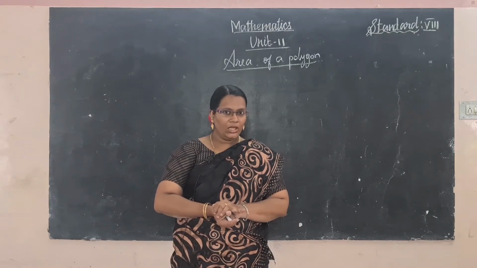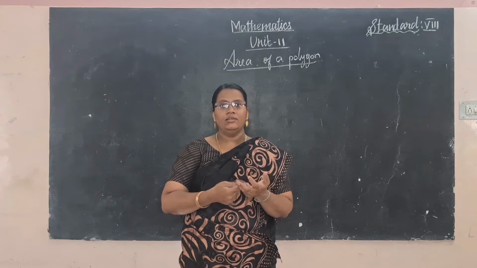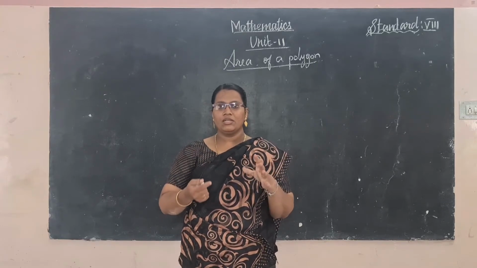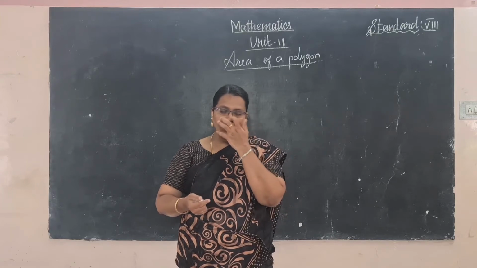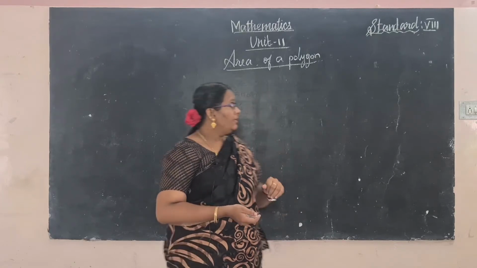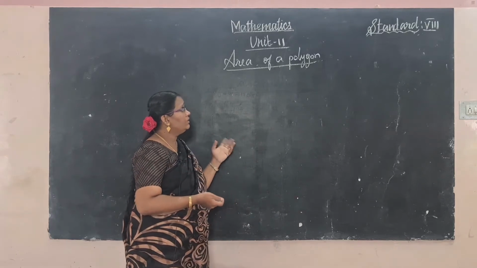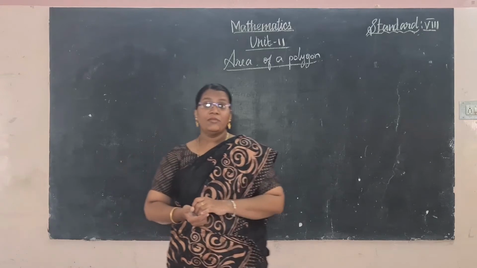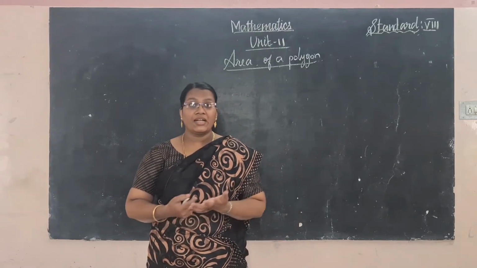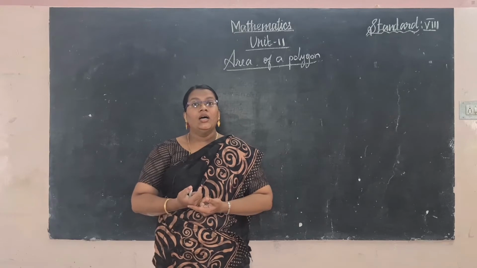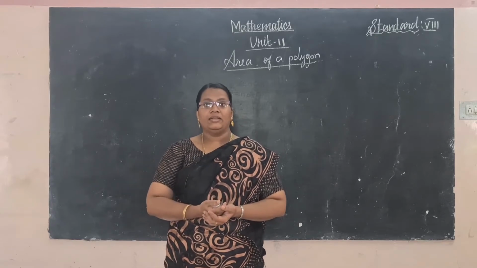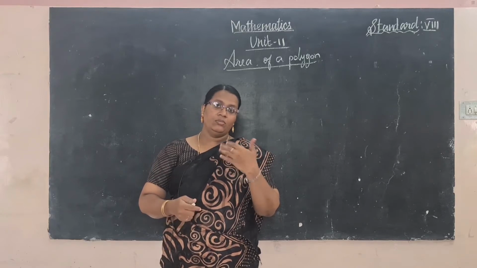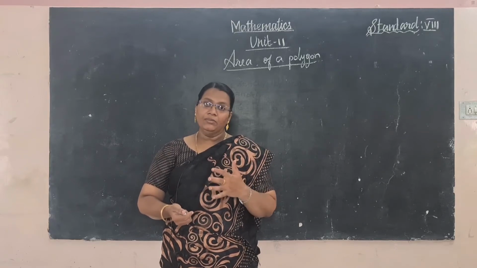So start from the triangle, quadrilateral, hexagon, pentagon, everything. Is it 12 shapes? We know that. Okay, and then we have learned in the previous classes about the area and perimeter of the polygons: perimeter of the polygons, area of the rectangle, area of the square, area of the triangle, like that. Just recapitulate that, and we have learned more area of the polygons.